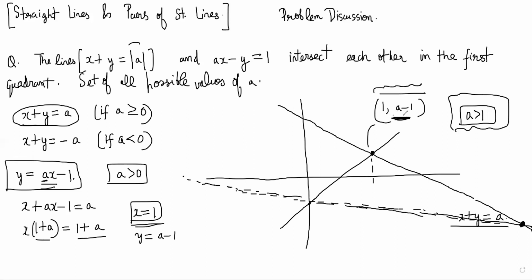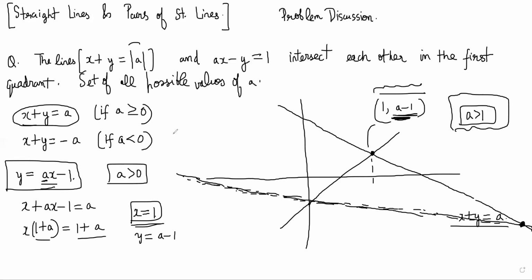This will be in the first quadrant if this is positive. What else can happen? If A is less than 0, can it intersect in the first quadrant? This line remains like this. If A is less than 0, it's a graph that is downward, and